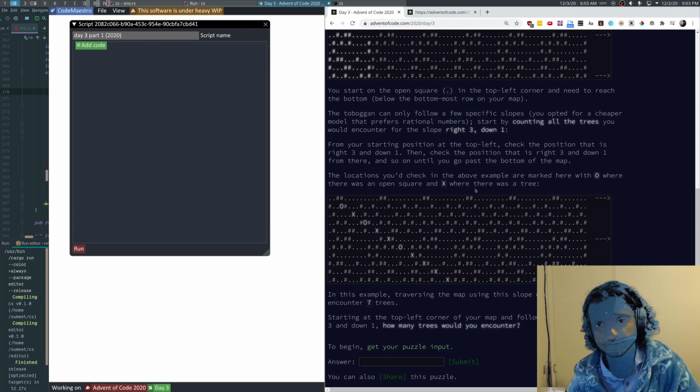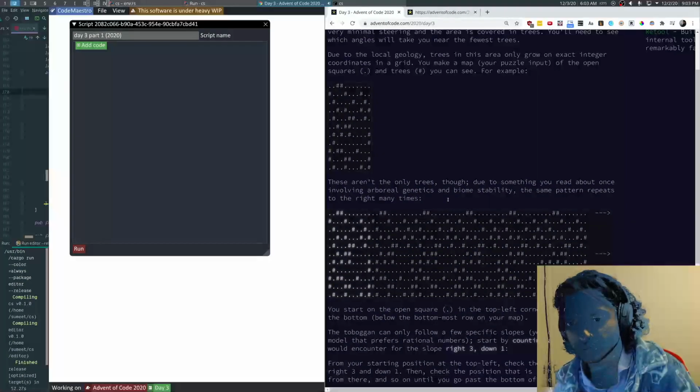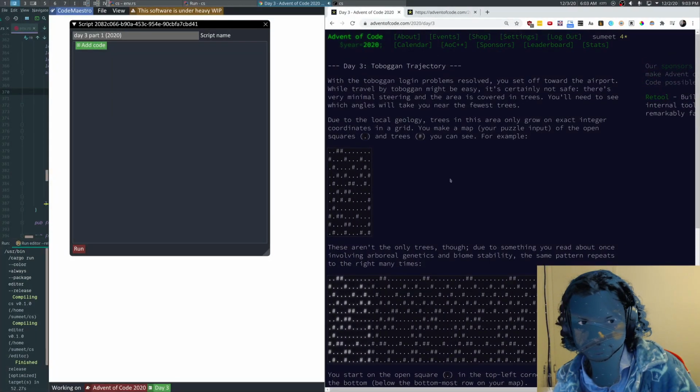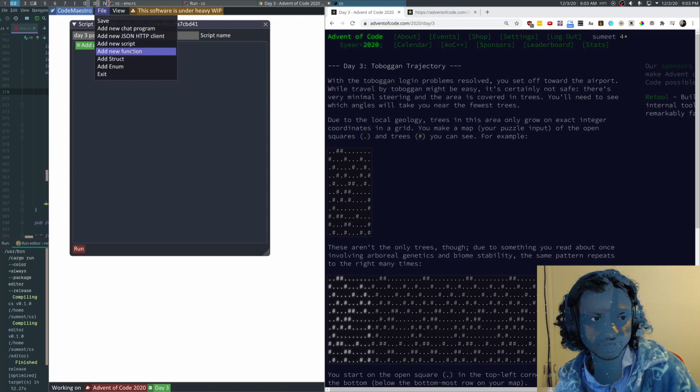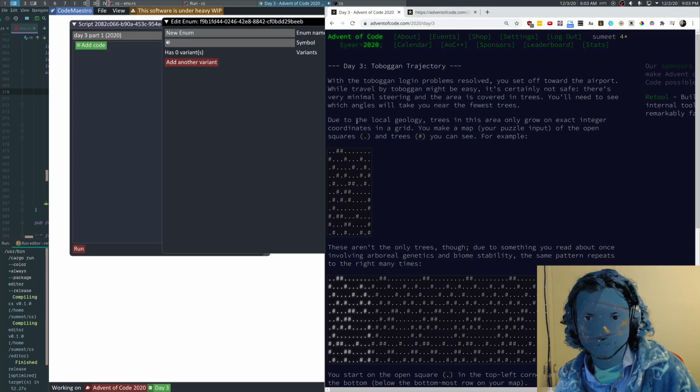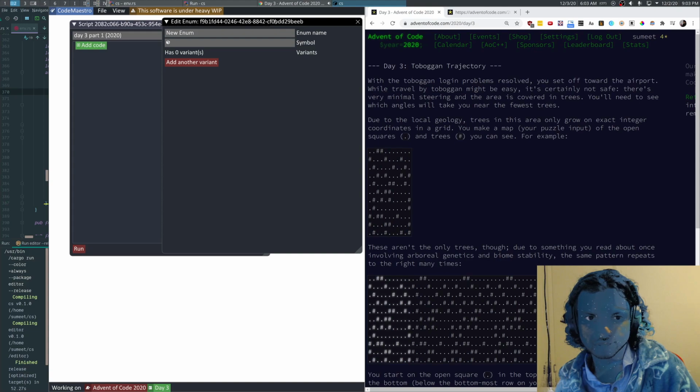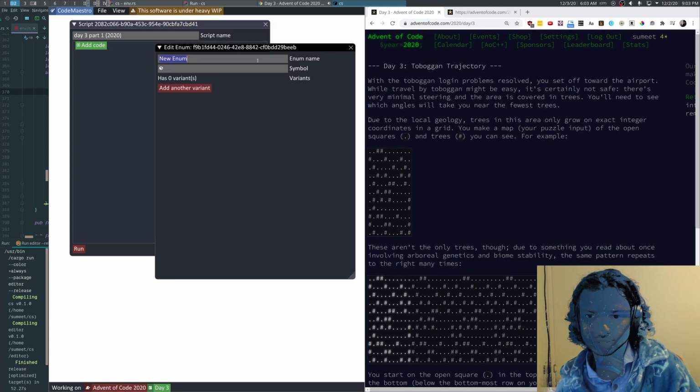So yeah, I think I have to parse it into a double list, and then I'll make a new enum for this, and I'll say it's like day 3 point,